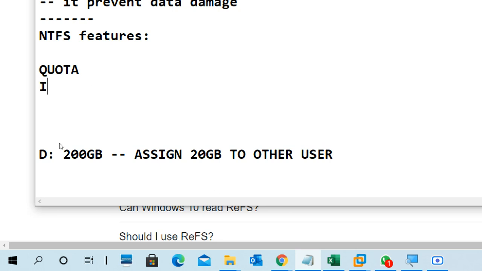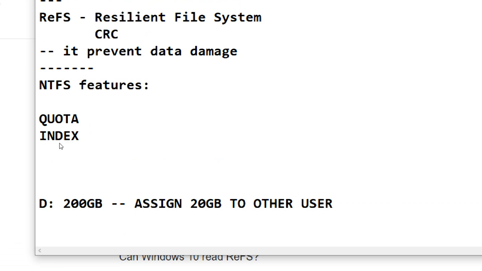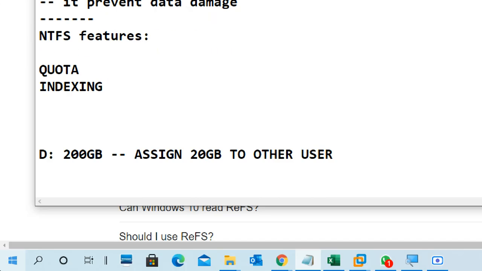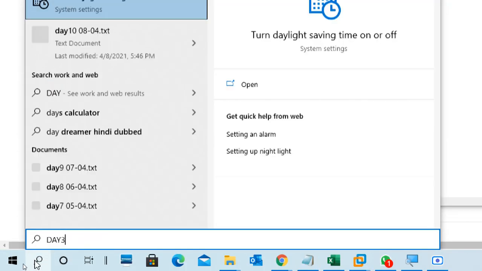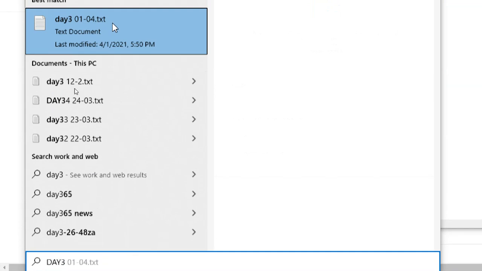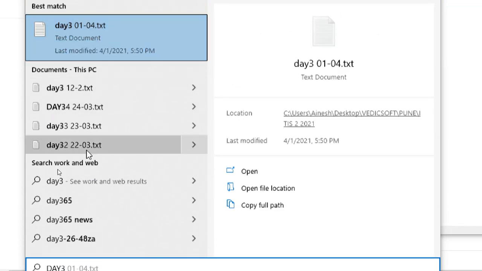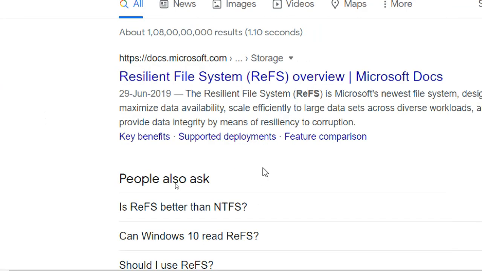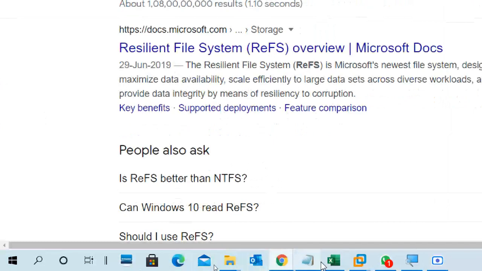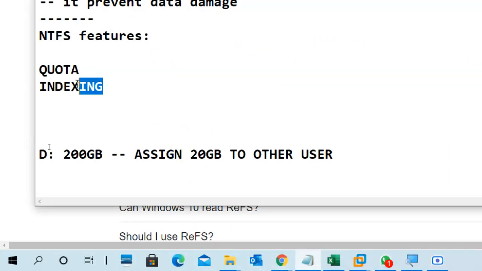Okay. Indexing is there. What is indexing? When you search for files, for example, I want to search for a file like day 3, a lot of day 3 items are shown, right? How does it display day 3 kind of stuff? Because of indexing.